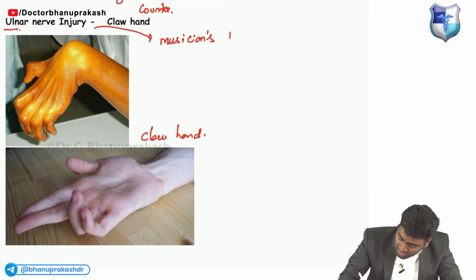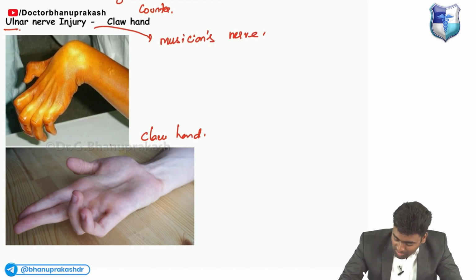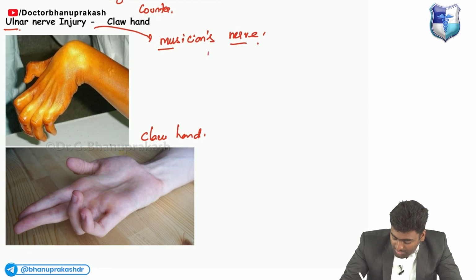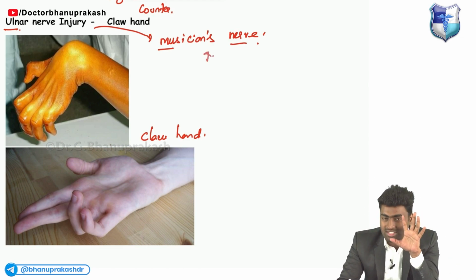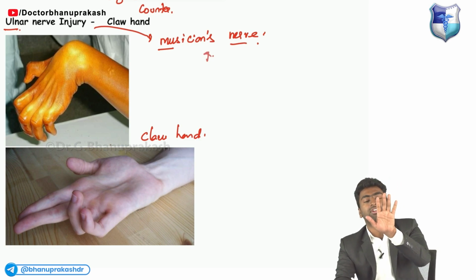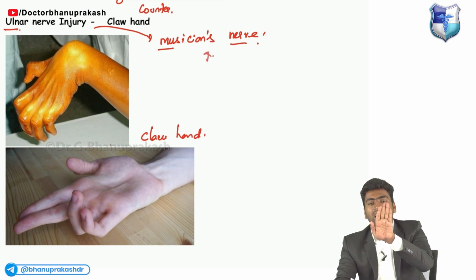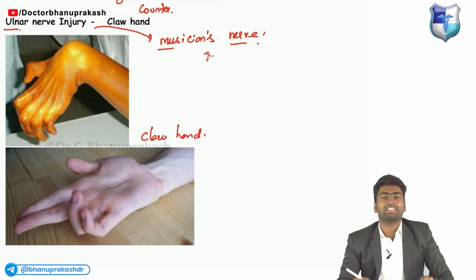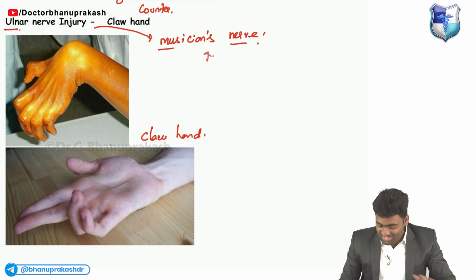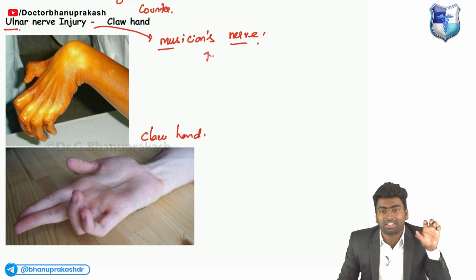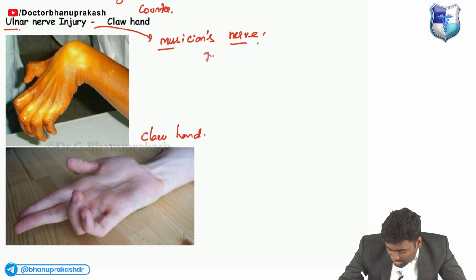Musician's nerve, like you know, right? This musician's nerve will also be responsible for the flexions at the level of fingers. And it will be helpful for the adduction of the hand and the abduction of the hand. So if there is any damage to this ulnar nerve, then there will be damage to all of the following stuff. Fine. So if there is any damage to this ulnar nerve along with the sympathetic trunk,